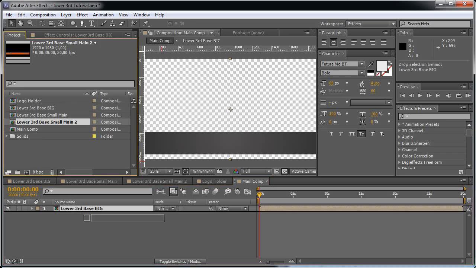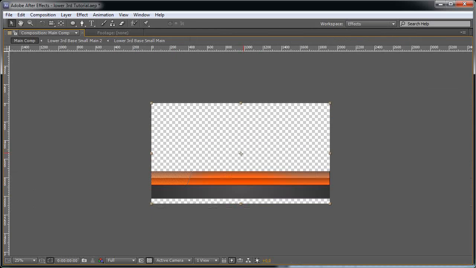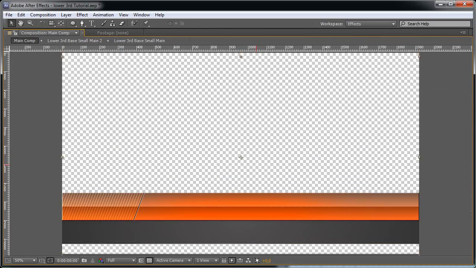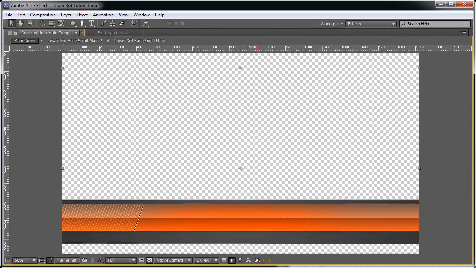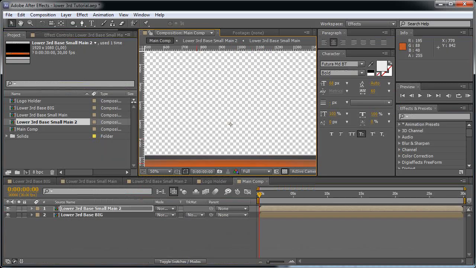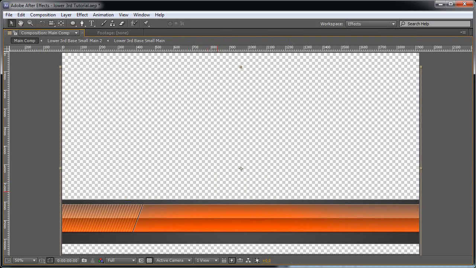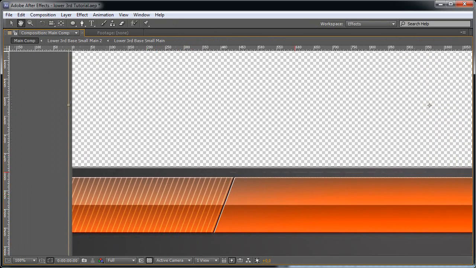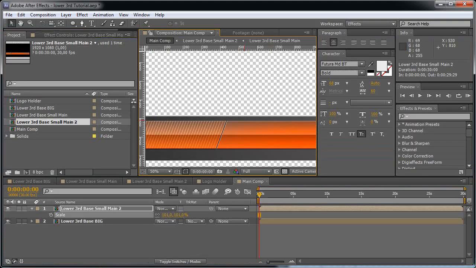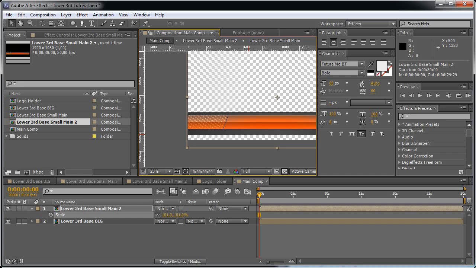And drop the base small in the main comp. And actually this is a pretty big base. Let's increase it in scale a bit to hide the edges of the bevel, and probably come to the base